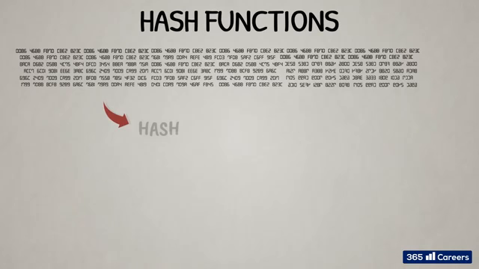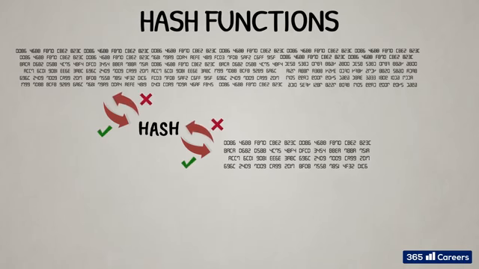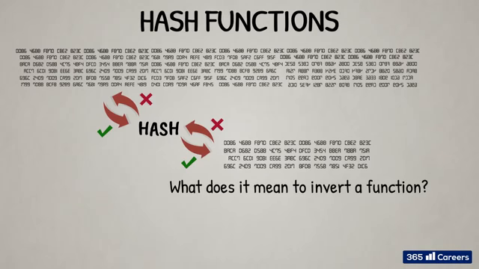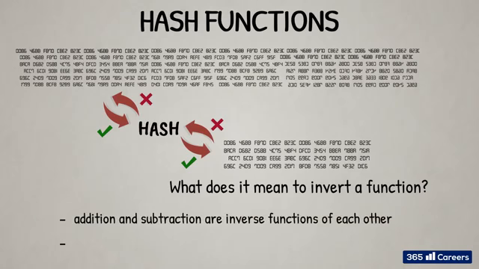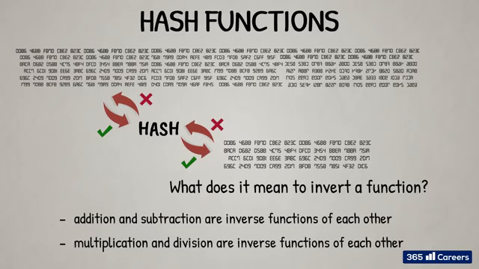As we've learned, a hash function can digest any kind of data, of any size, into a fixed-length string of characters, which can serve as a unique digital fingerprint or identifier. Moreover, these cryptographic hash functions only work in one direction. Once we have the output, we cannot simply invert the function, plug in the output, and get input data on the other end. To illustrate what it means to invert a function, consider the four basic mathematical operations. Addition and subtraction are inverse functions of each other. Multiplication and division are inverse functions of each other.